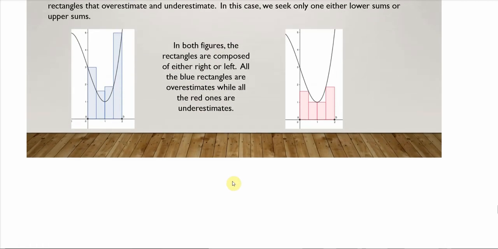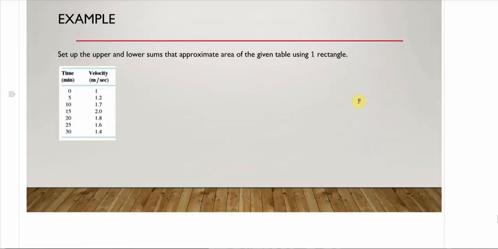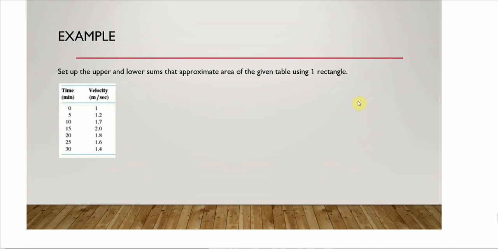In this picture, this guy, this one here, he's a left hand. This guy's a left hand. This guy's a right hand. And this guy is a right hand. In this scenario, this guy is a right hand. Oops, this guy's a right hand, this guy's a left hand, and this guy's a left hand. So it can be a combination of left and right hands, or sometimes it might be a midpoint sums in there too. Okay, but when I give you the table, it's a lot easier to do the upper sums and